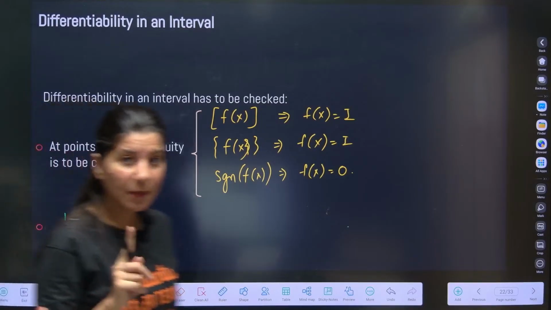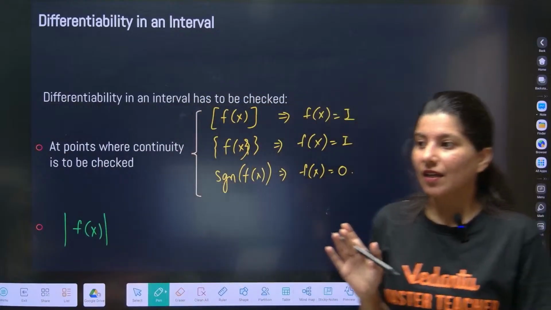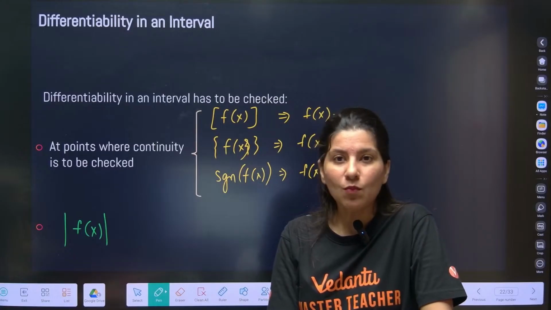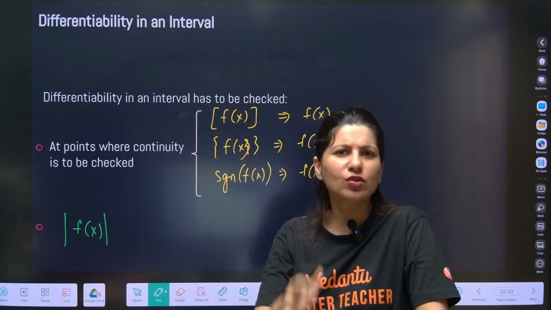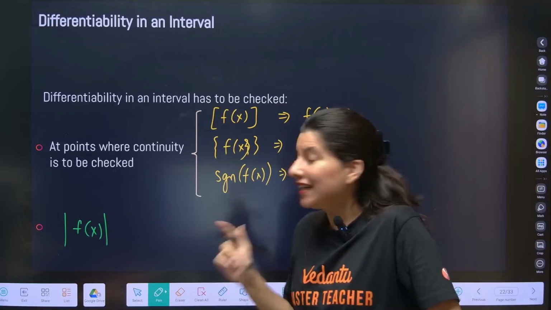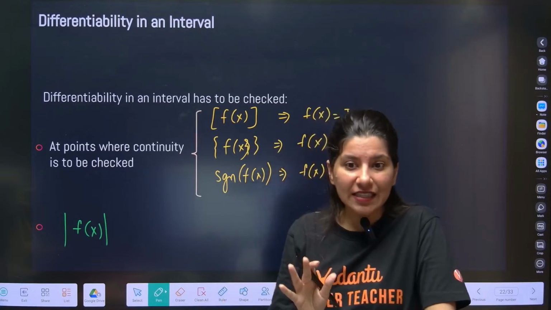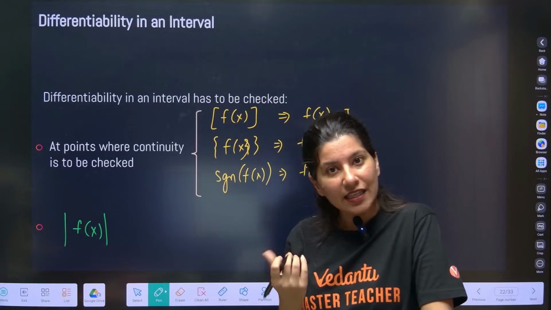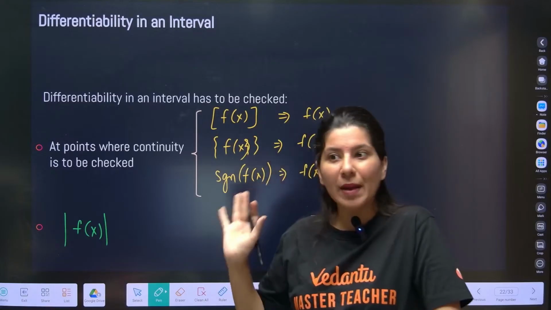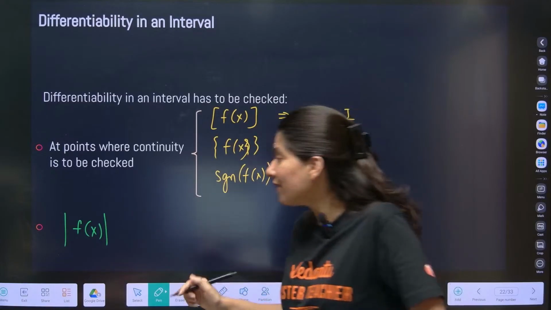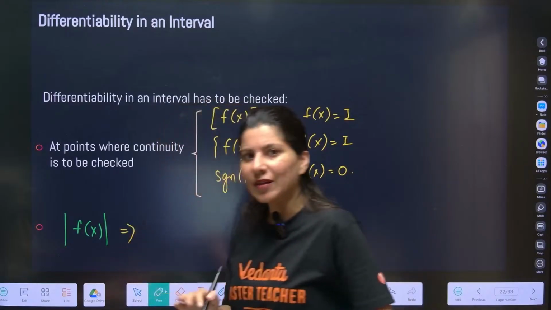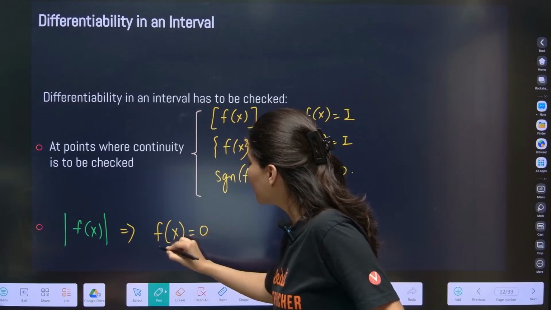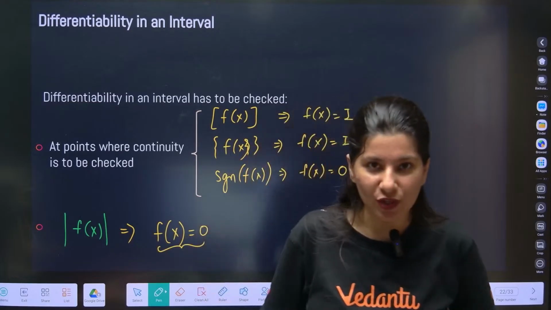In continuity, remember in last class we studied, if a function f(x) is continuous, then mod f(x) will also be continuous. No need to check. Agree? But in differentiability, even if f(x) is rock solid, differentiable, continuous, absolutely fine, mod f(x) will be continuous, but you need to check the differentiability when f(x) equals 0. So this is one additional point you have to check. This is one doubtful point.